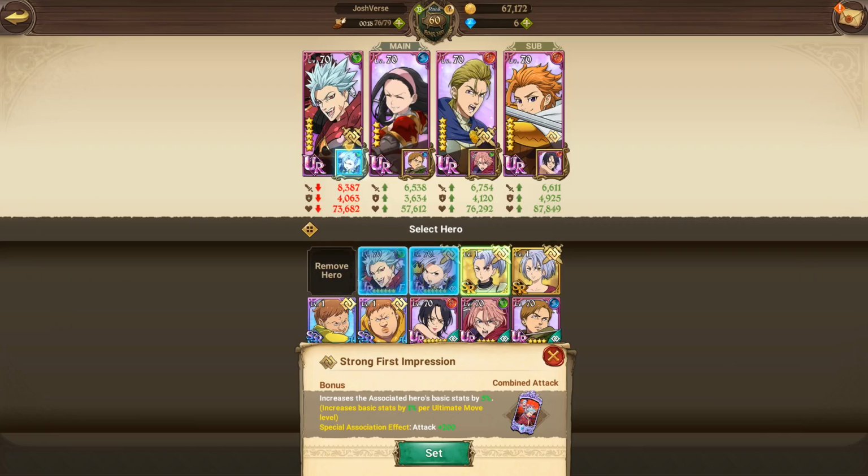She has no awakens, so she's losing stats that way. She has no gear on her, so that's even more stats that she's not getting. And she does not have any dupes invested into her for her ultimate. Because the way ultimates work for linking up is you start at 5% of whatever this Jericho's,